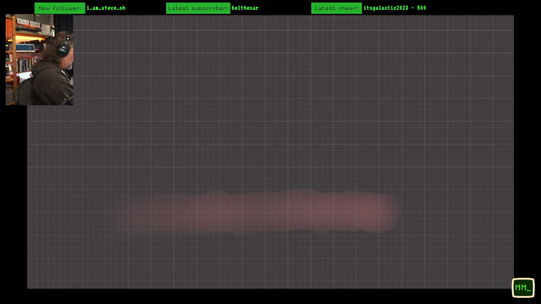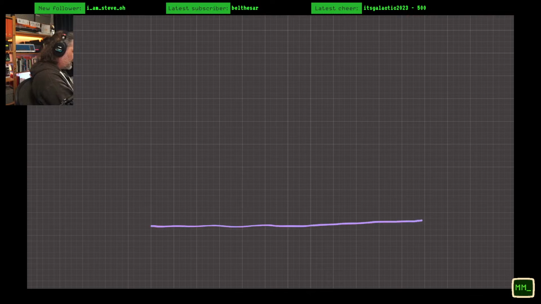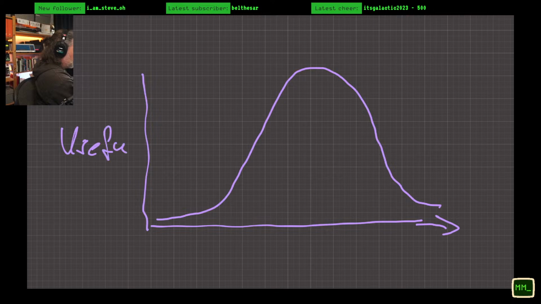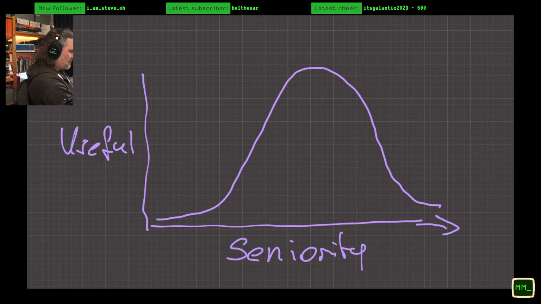I need to have a talk with specific family members. So if we have a bell curve like that, then this is the usefulness of a certification, and this is the seniority that you have in your job.